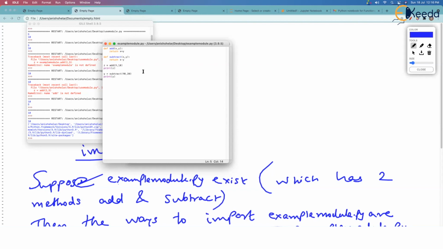What we will do is, we are actually importing this module. So I'll go to the first grammar, which we said, import example module as ex. Now I will comfortably call ex.sub. Please try to understand, I'm not running the example module, but I am importing it.